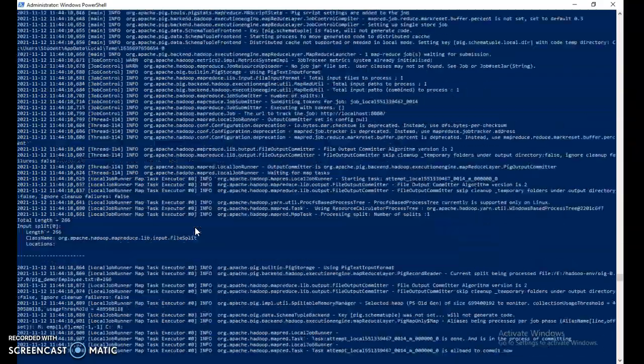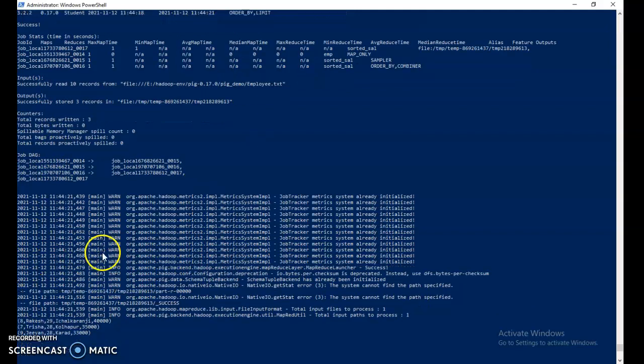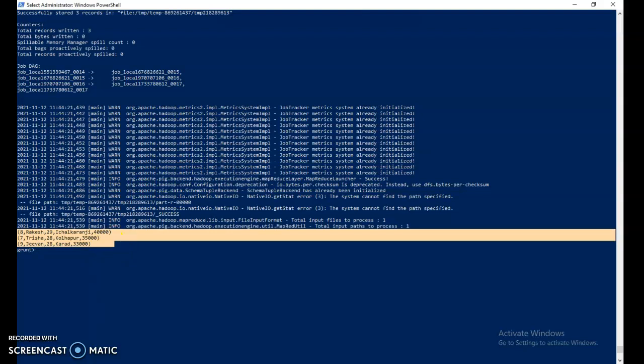And just execute. See, you will get the same result. And this is nothing but execution in batch mode.